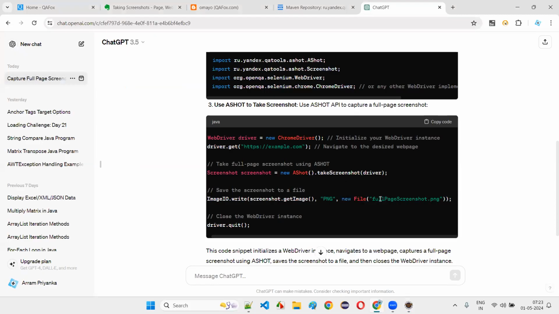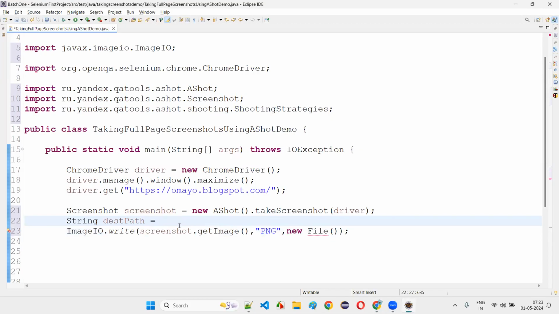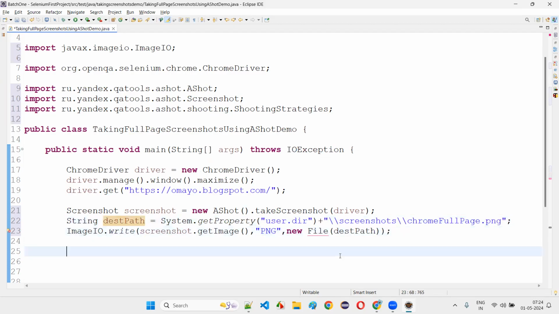So here we have to say System dot getProperty user dot dir plus double backslash, under the screenshots folder, with the name chrome full page dot png. Put a semicolon here and give this destination path in this file. Hover the mouse on this new file and